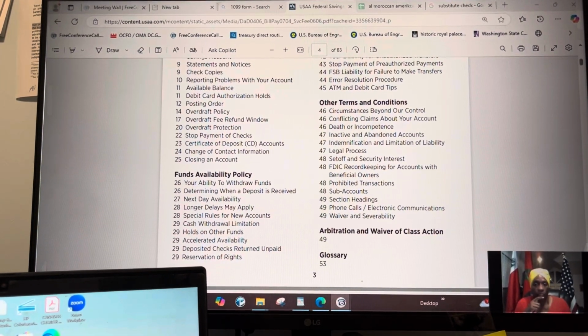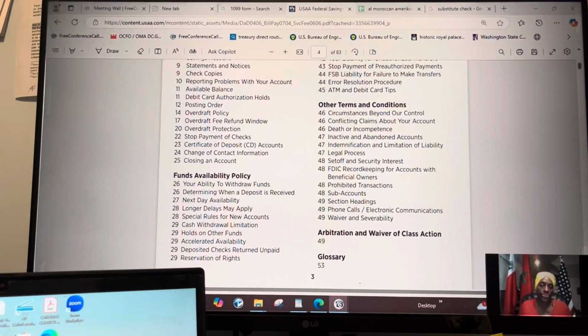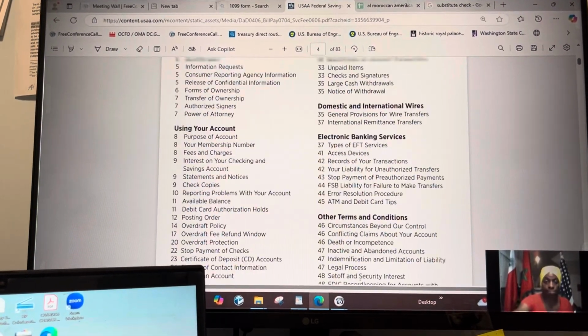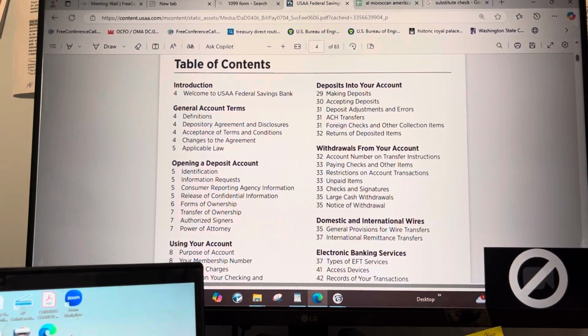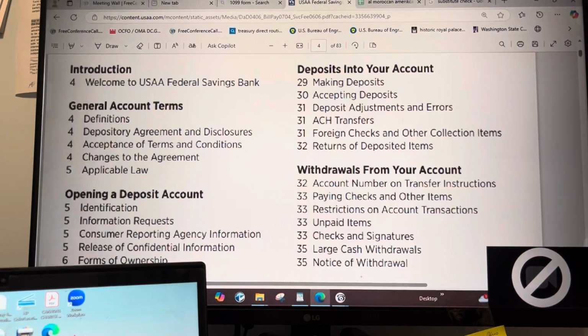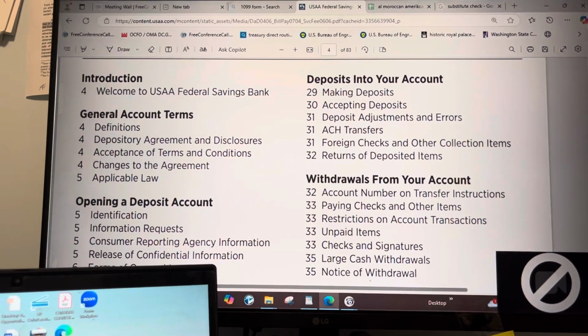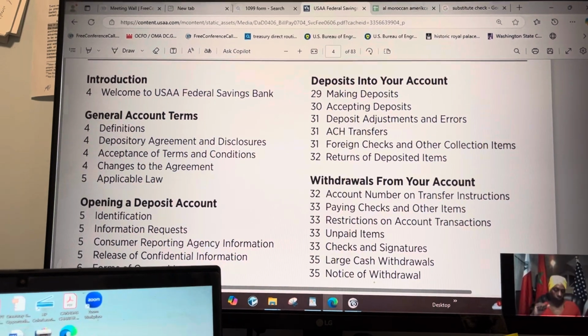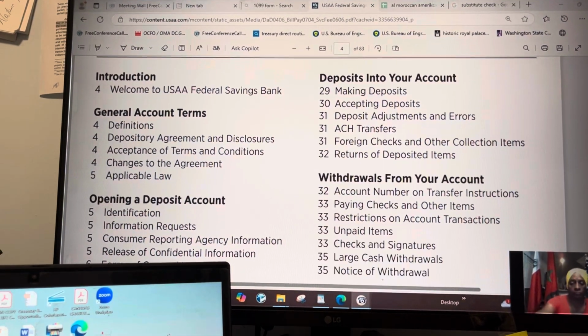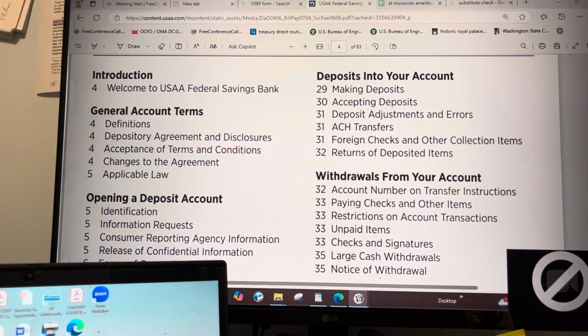When it's a new account, and so the bank, I'm thinking the bank is going to actually issue the account number. And then therefore, that account number now is being printed on a check. So how? Okay, so